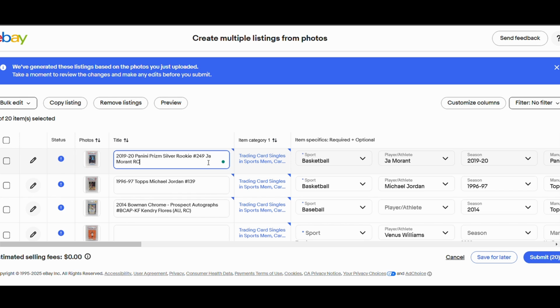So I will make sure to have this PSA 10 at the end. So that's a little bit better. Actually, maybe I don't need the word prism twice, but I'm going to anyway. John Morant. So then you'll go through, you can see it's preloaded a bunch of this information just based on